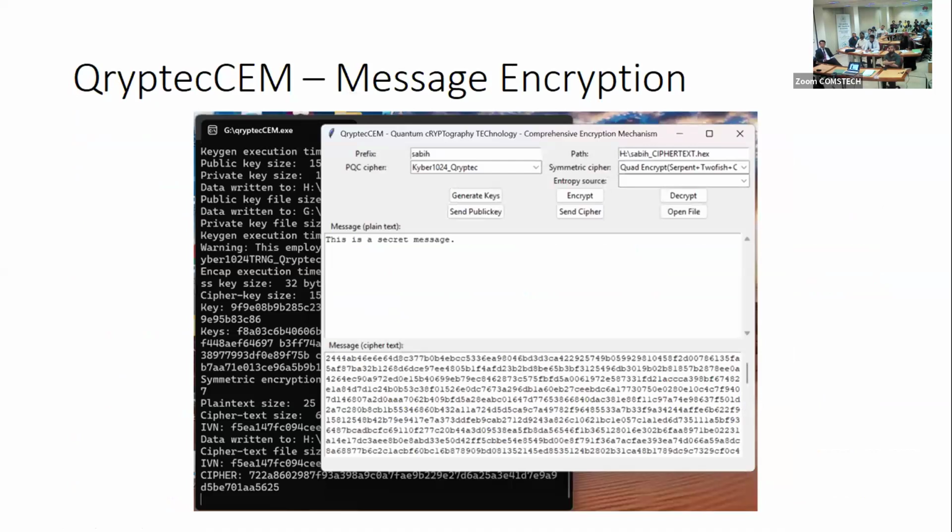This is Cryptech CEM, comprehensive encryption mechanism. If you see, there is a symmetric cipher part. Cryptech means quantum encryption, quantum resistant, quantum hardened encryption technology. So this is our asymmetric algorithm, and for the symmetric algorithm we are using a quadruple cascade: Serpent, Twofish, Salsa, and ChaCha20, all in a cascade,